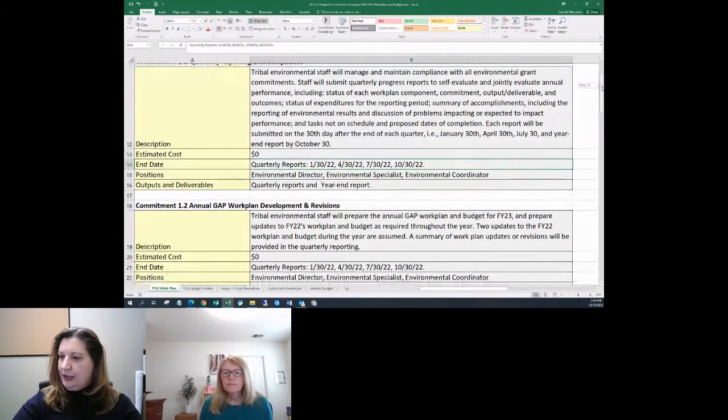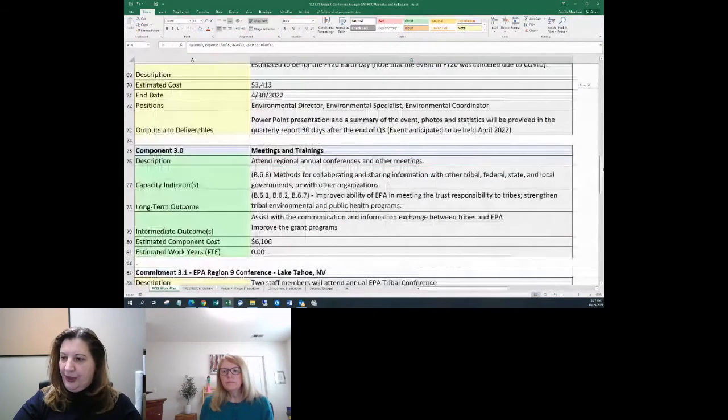And so we continue on, and we have different components. We get to outreach, which includes website updates and different events like cleanup day and recycling day and Earth Day, and